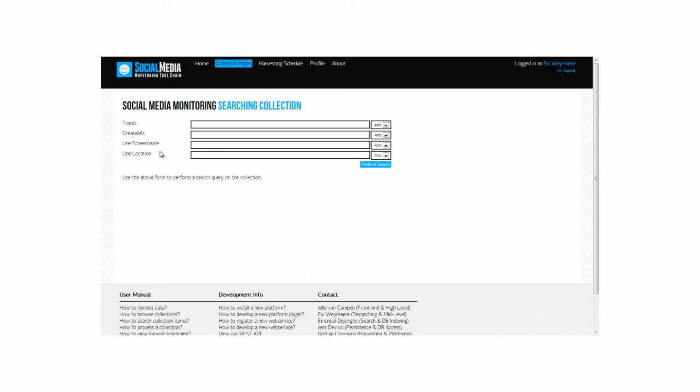Using the query form on top of the page, we can specify what data we want to look for. We can enter search strings for every field we harvested, and choose whether we want data containing all strings in the query or either of the query strings for a specific field. Let's look for tweets containing the word social or tool by specifying them in the tweet field and